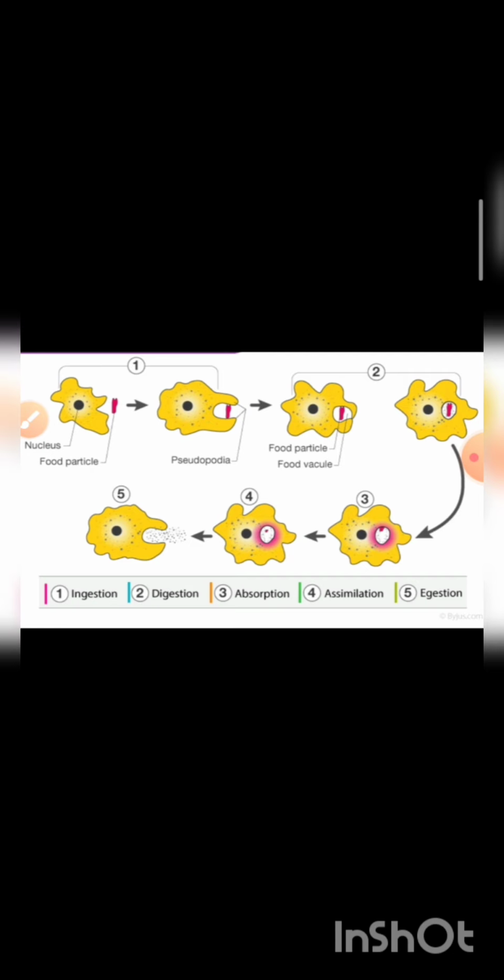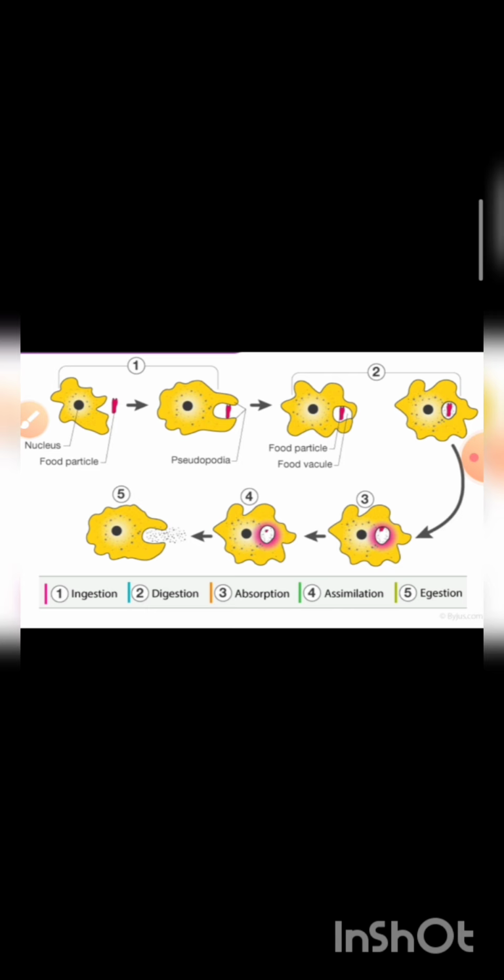Amoeba feeds on some microscopic organisms. When it senses food, it pushes out its pseudopodia so that it can encircle the food and form a food vacuole. This process is known as phagocytosis. Then the